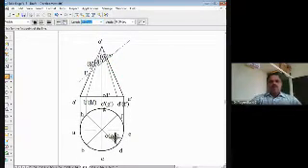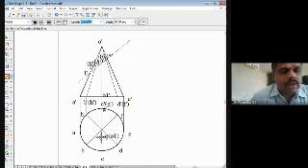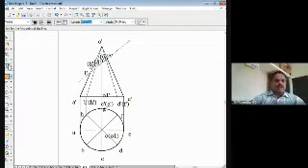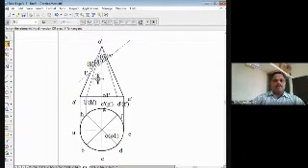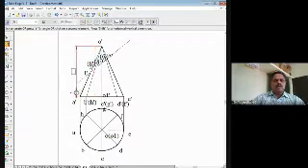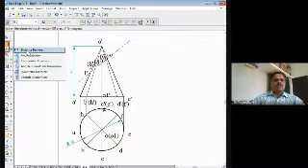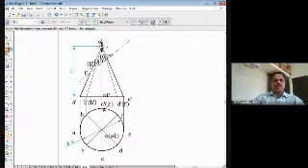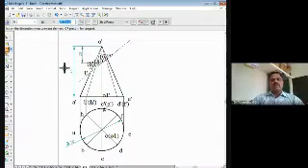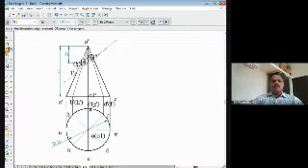Now we have to go for drawing the development. Before drawing the development, I'll just dimension this, right? So I'll show the dimensions here, dimensions of the circle, and where this section plane starts. So that is the distance from here to here, that is 20 mm, right? Where the section plane starts along the axis, that also we have marked. Now we have to go for drawing the development.